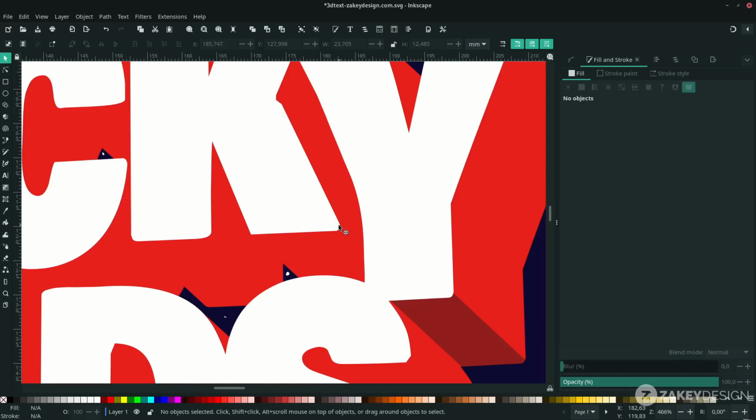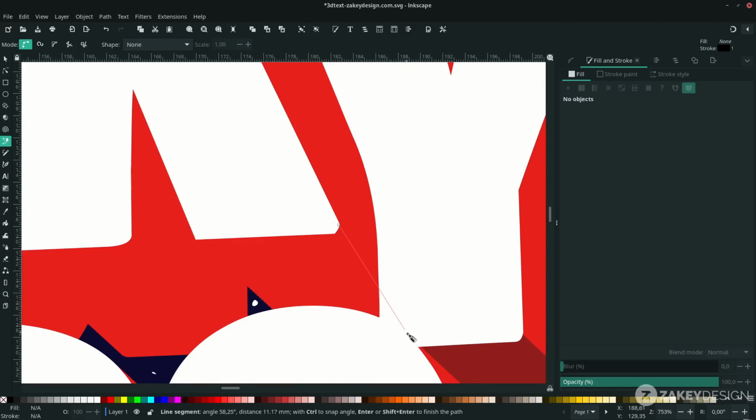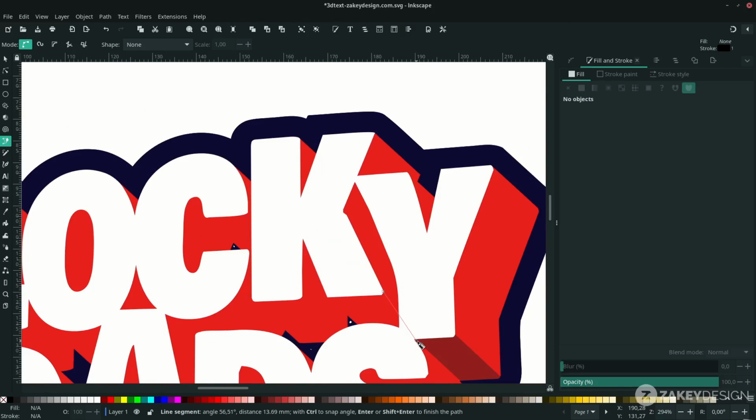For the K with the Bezier tool again, press B. Start from here to here. Connect it to here. It's okay to overlap the K because we'll divide it.